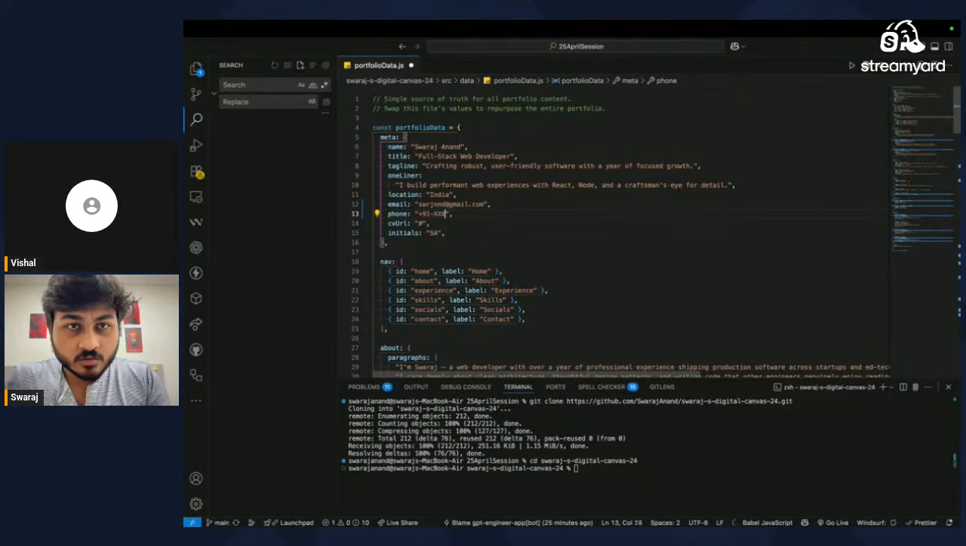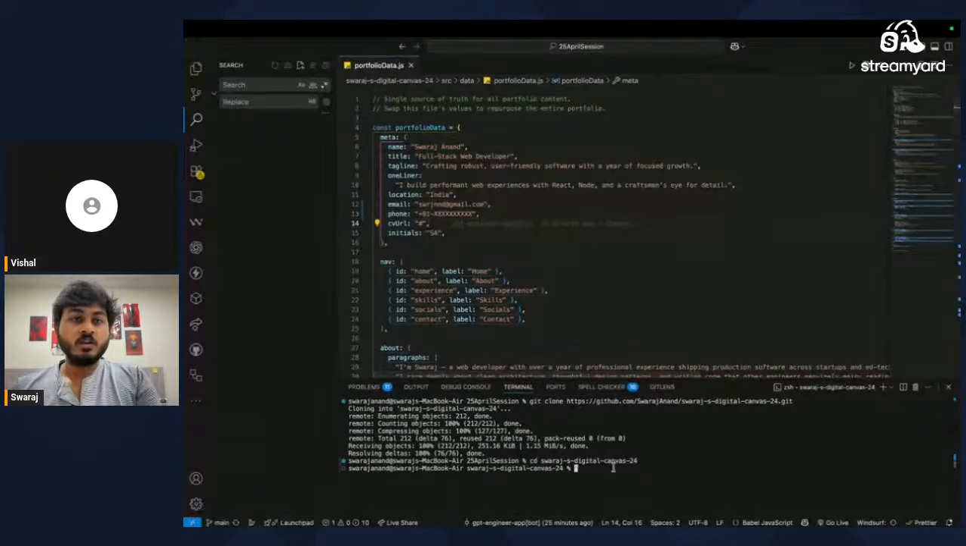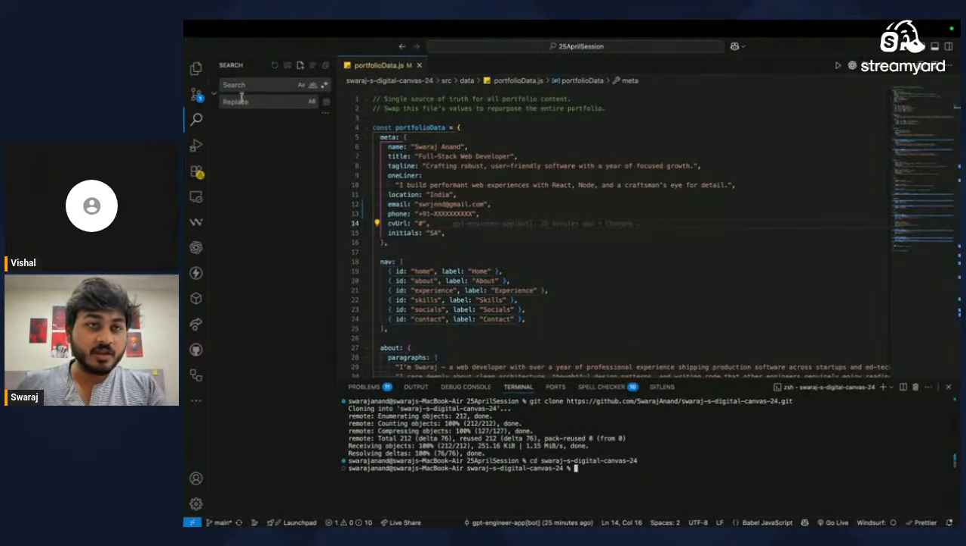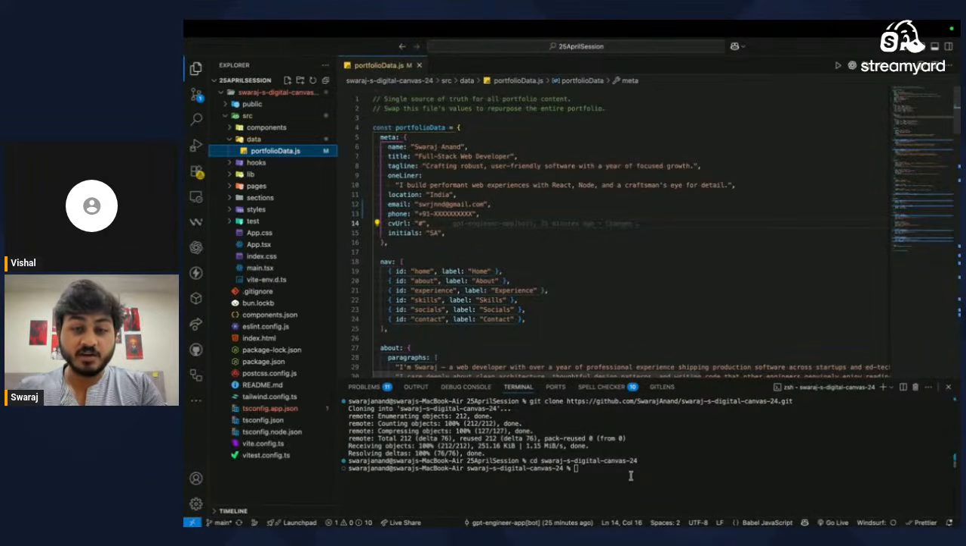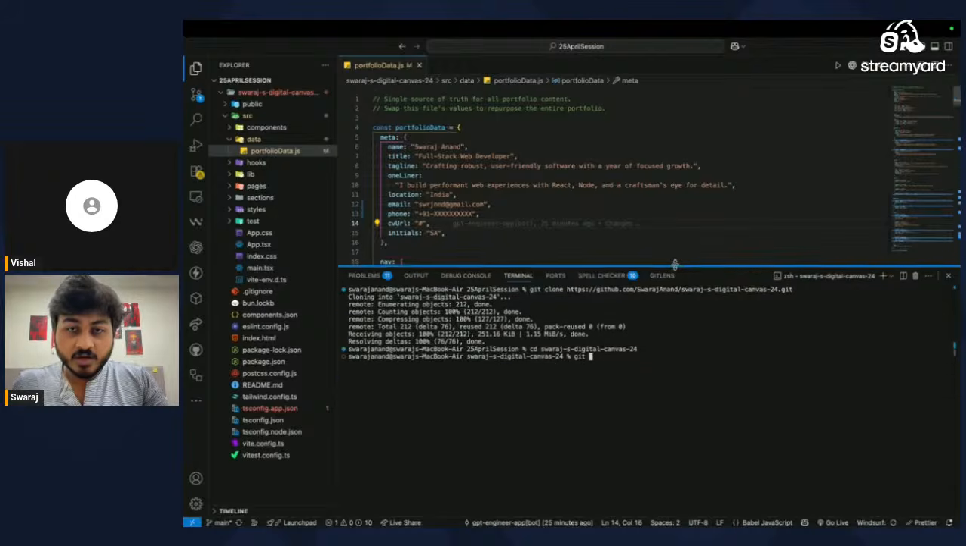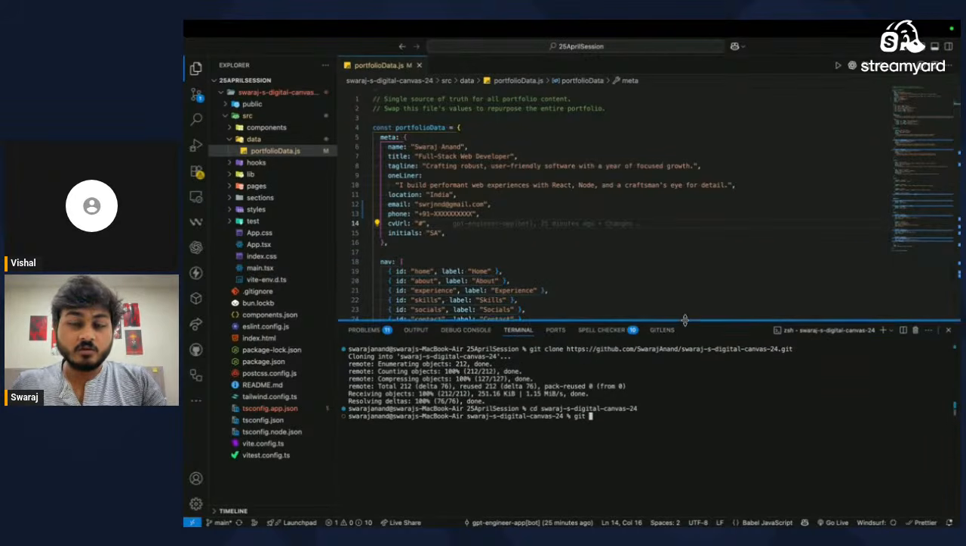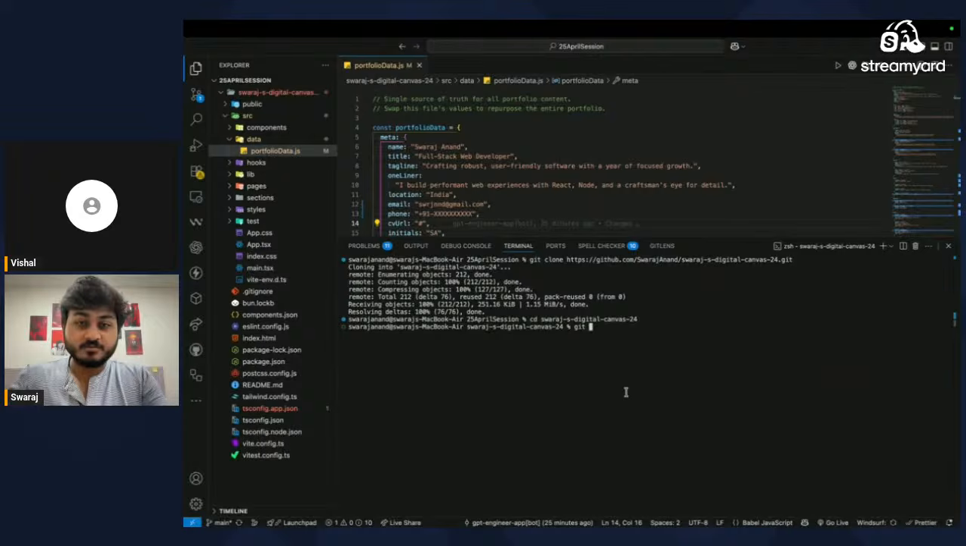Okay, cool. So what I've done is just updated a simple detail. I'll first check what you've done with the simple GitHub stuff. Suppose you want to update whatever you have changed. So first we'll check